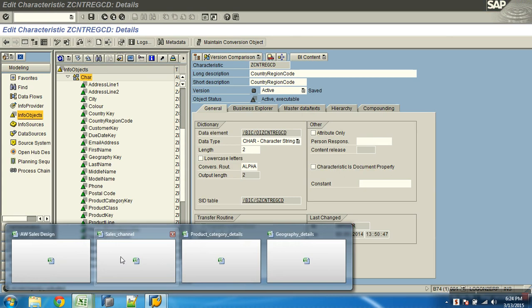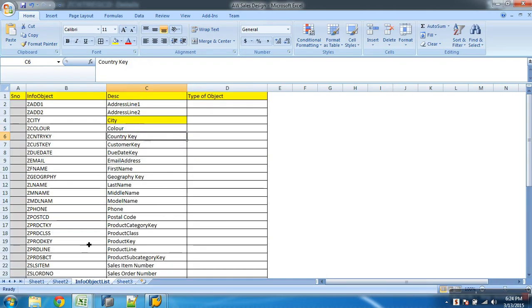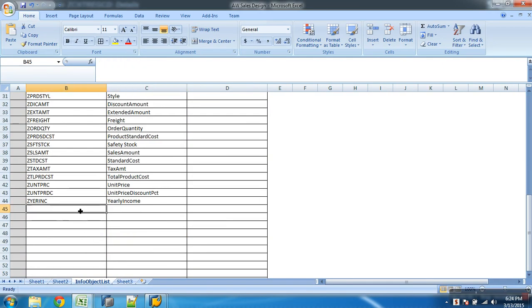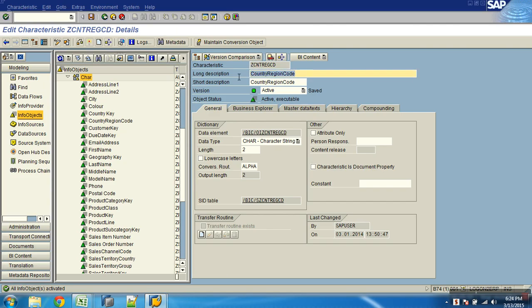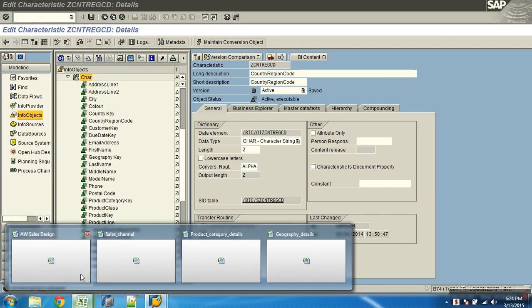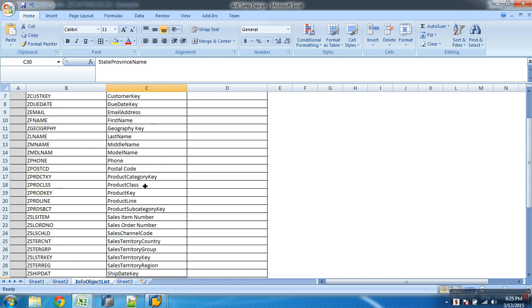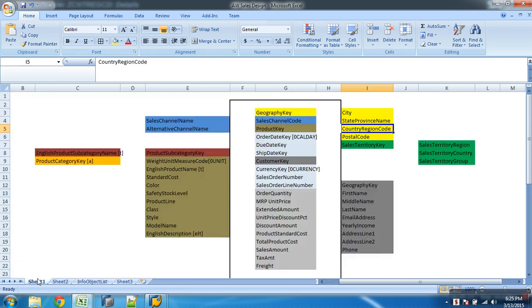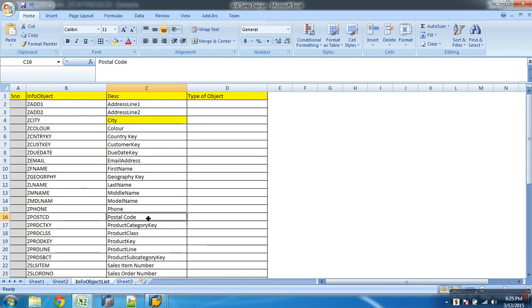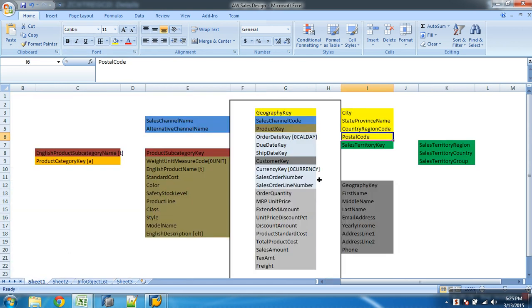Let me take this into the Excel. Country region code. So now again you want this as an attribute: country region code, state province name, and then what? City. What else? Postal code. I think I have this. What is postal code? Next what?